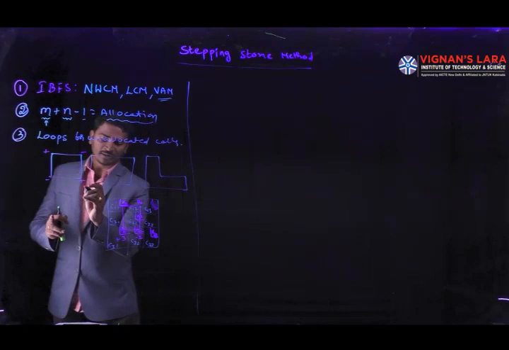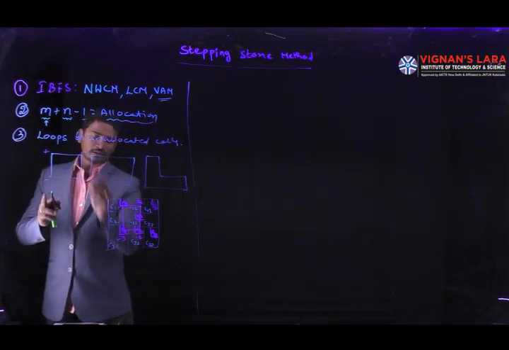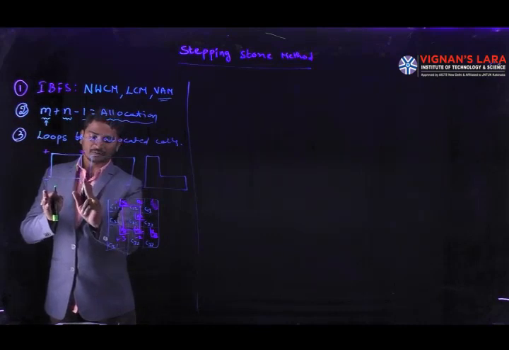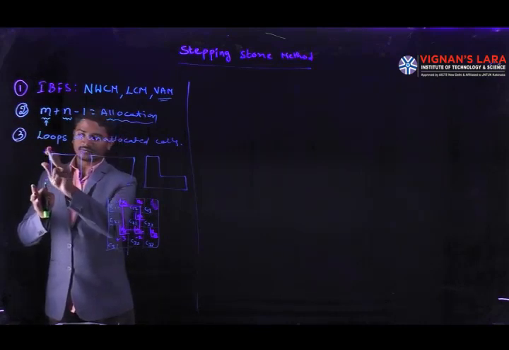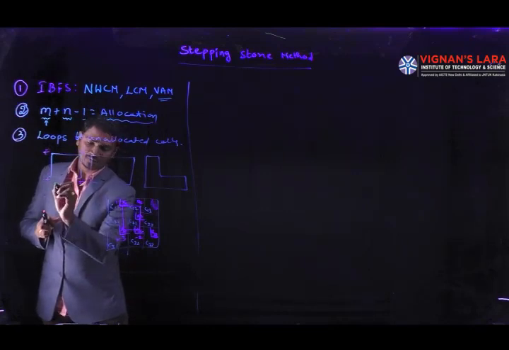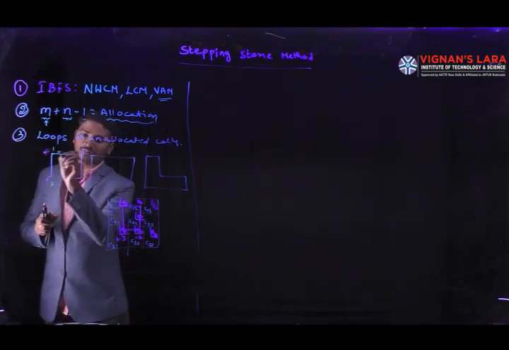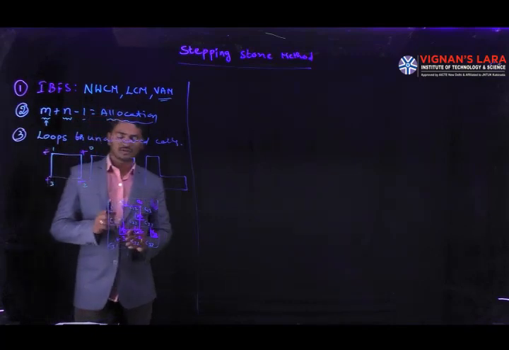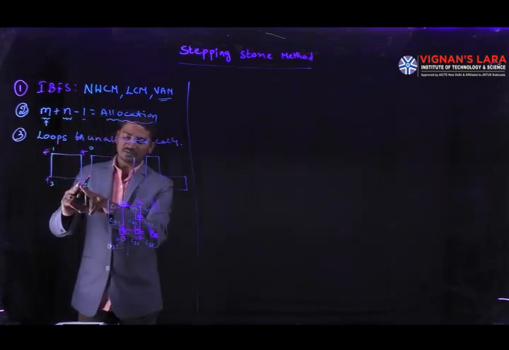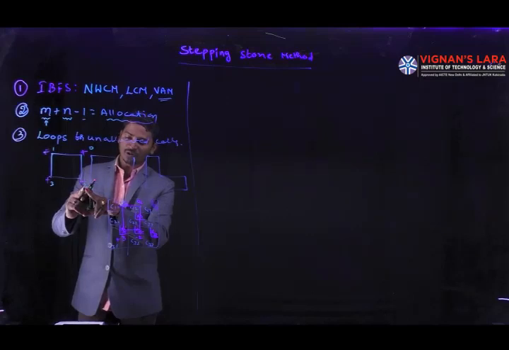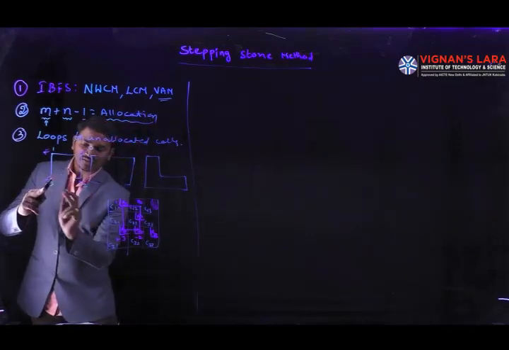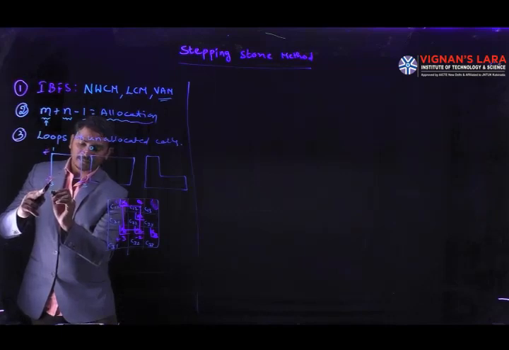For example, for this allocation we are taking the signs plus, minus, plus, minus. Here we have the quantity 2 units, here we have 3 units, here we have 1 unit, and here we have 0 units. Now we are going to transfer the commodity. Here how much is there? Minus 2 is there. So here we are going to transfer this 2 to this cell. It means after transferring this we are getting plus 5.